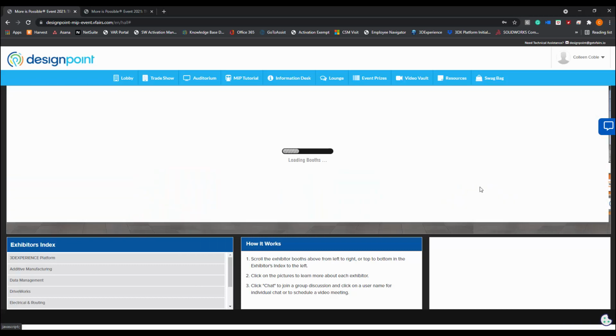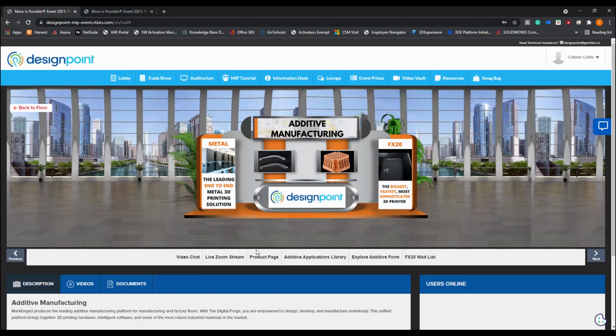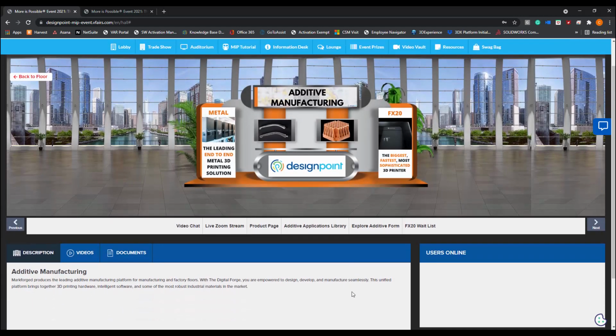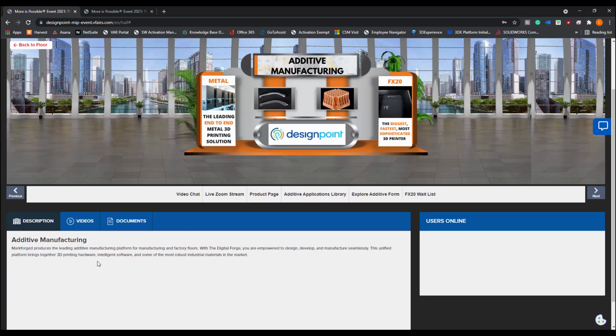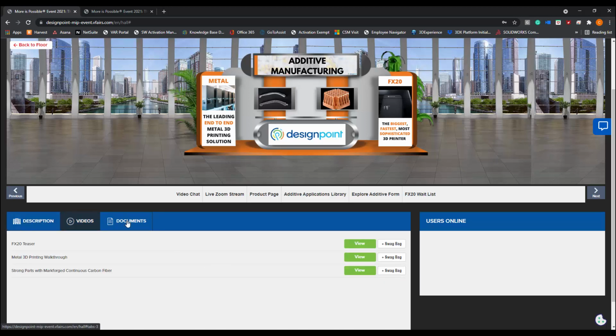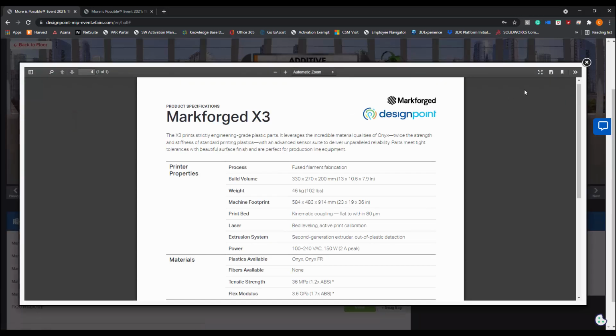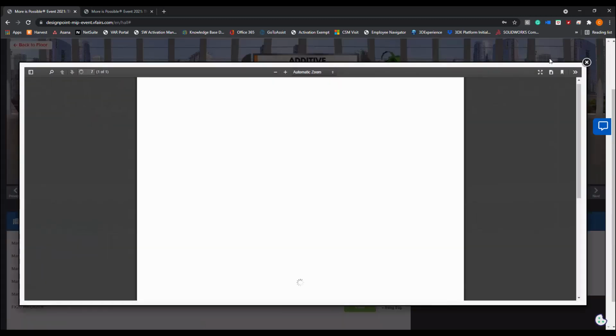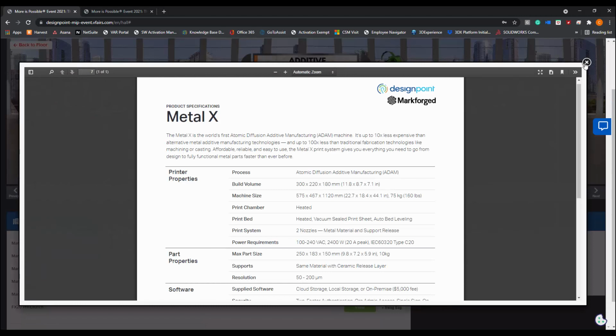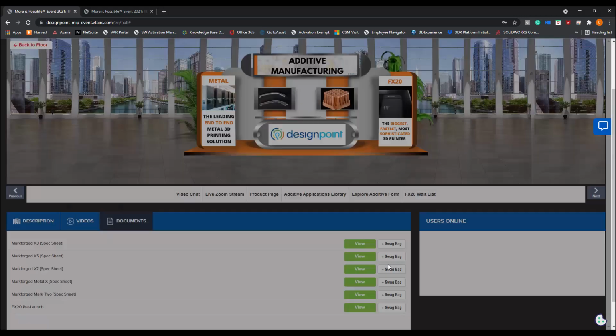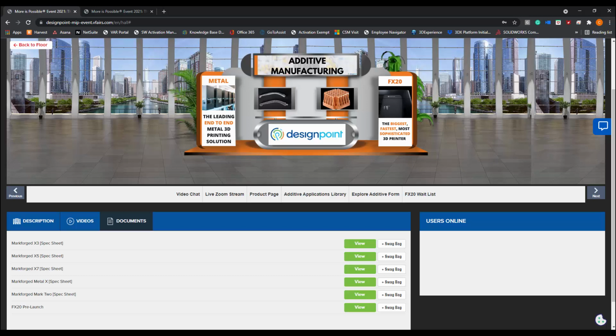Additive manufacturing. We all want to know a little bit more about 3D printing. So down here in this section, you can get a lot of good resource information. So the first thing that you're going to see is, of course, the description, but you can feel free while you're here to check out videos, check out different documents. So you'll get a lot of resources from here. We can view them right from here, and they'll open up in a little pop-up window right in the event space. You can download those items too if you want to, but what I'd recommend is you actually add them